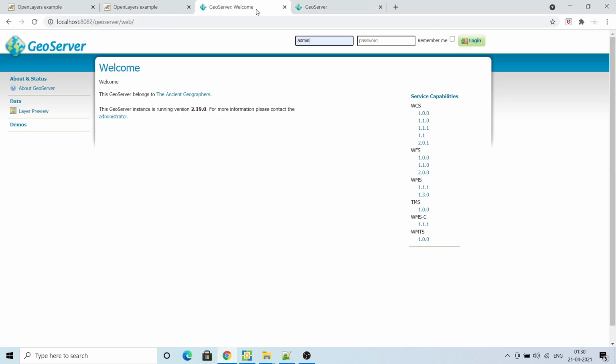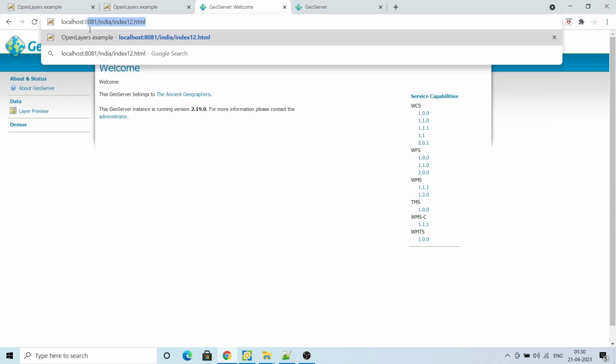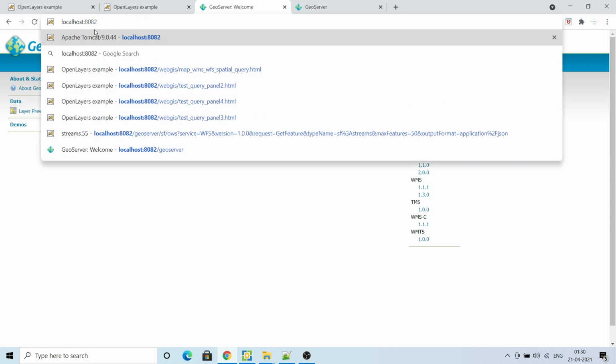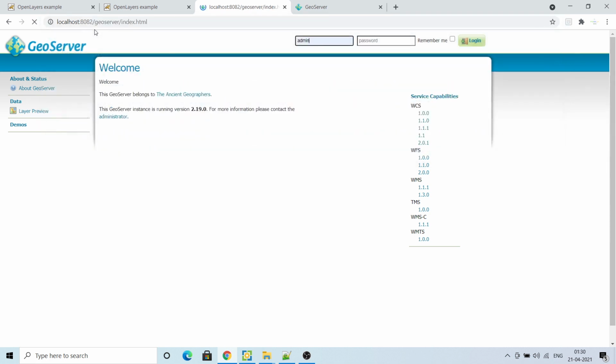Now after installing GeoServer, you just go to the port. I have installed it on 8082. By default it will take port 8080, so you can go to localhost, type localhost:8082/geoserver, and it will show you this page.